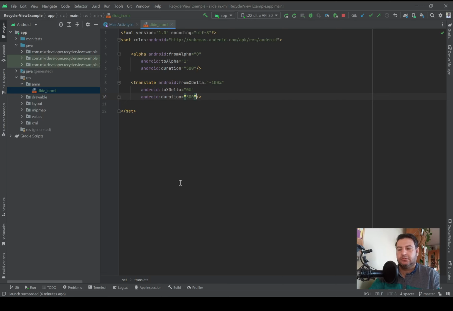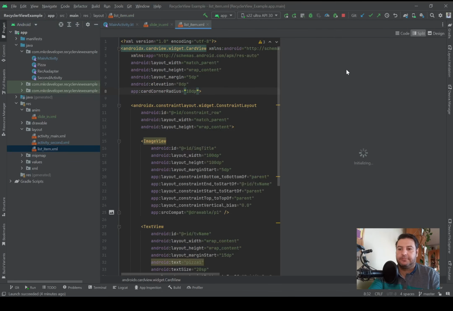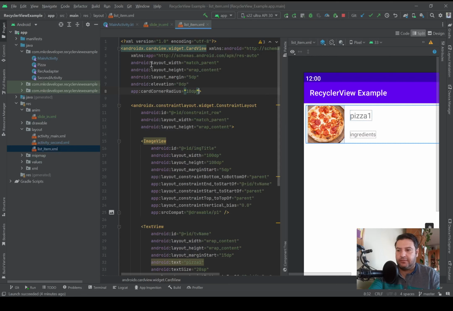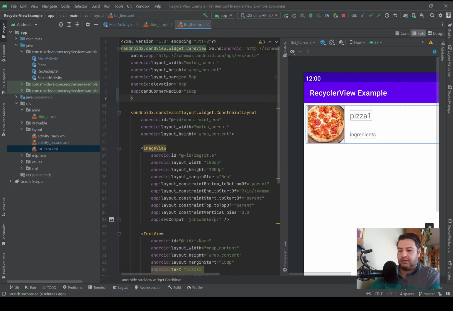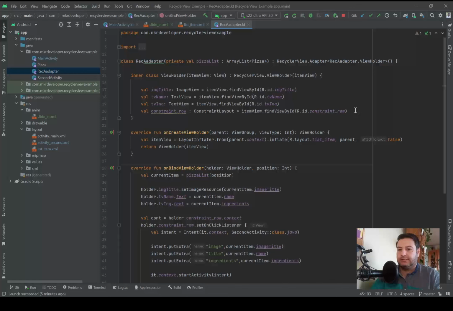Now let's go to set it on the recycler view. For this, I'm going to go to the layout, to the list item, the layout of this single item of the recycler view. I have a card view here, and I need an ID for this card view. So I'm going to set an ID, simply card view. That's okay. Then I'm going to the recycler adapter, and here in the view holder class, I'm going to initialize